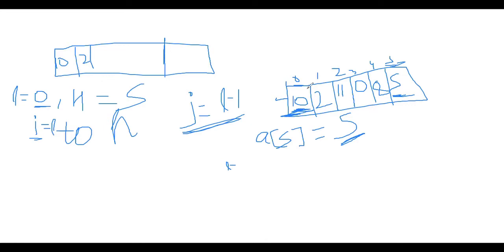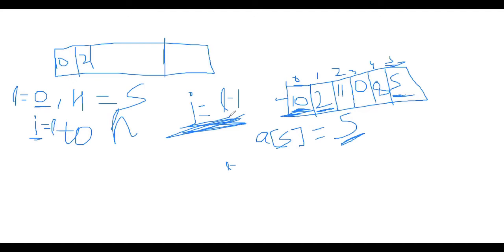Then we go to the next position, which is 2. Now let's see, we have 2, and 2 is lesser than 5, so this 2 should come on the left side, right? So what we can do is increment this j. This j is to keep the track of the lesser number of 5, or you can say this j is used to keep the track of where to switch with 5.